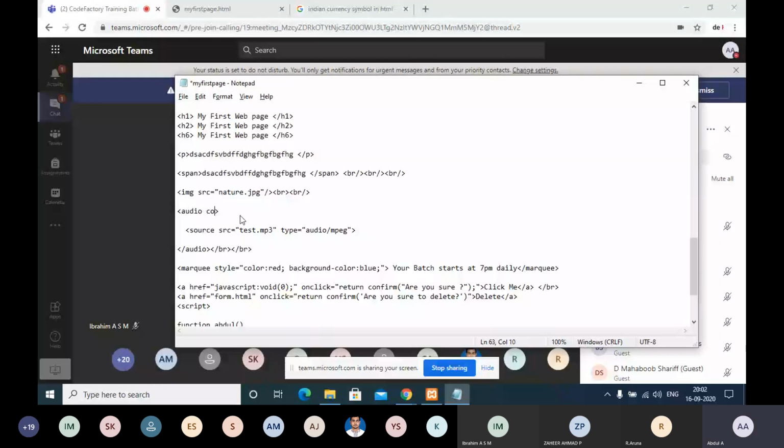But without controls, you can play an audio. Just put an audio tag, open tag, close tag. In between, just give a source, src, the mp3 file. This file can be an external file or internal file, whatever URL you need to give here. Okay, sir. Yeah, that's it.